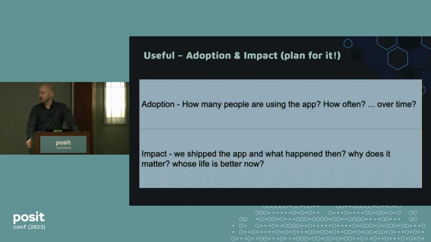And then we have sections for the things we really want to achieve, which is adoption. How many people will be using the app? How often? Over what time? And what impact is it going to make? So for adoption, it helps to ask upfront, okay, how are we going to measure it? Just putting in the instrumentation to measure adoption is already not obvious in some situations.